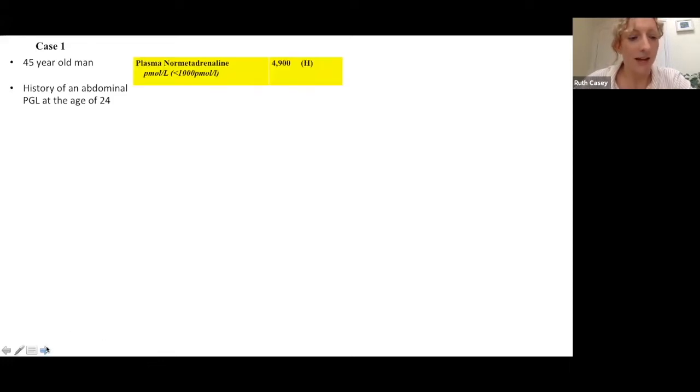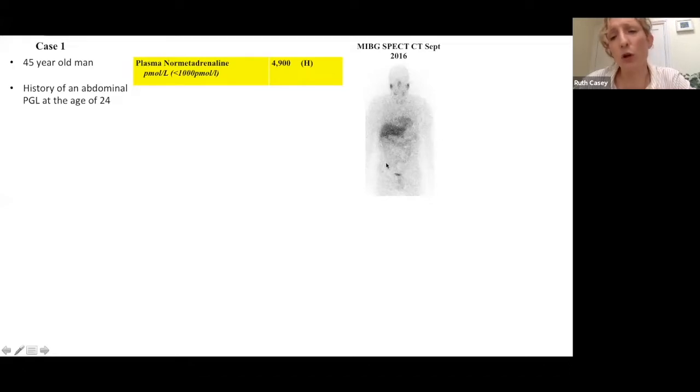But fortunately for him, his GP had taken a keen interest in this rare tumor and was doing ad hoc urinary metanephrine levels on him. And in 2018, found his levels to be abnormal and referred him into my clinic. He initially had an MIBG SPECT CT, which showed no abnormality. But because he was very young when he first presented with an extra-adrenal tumor, and because his biochemistry was so unequivocally abnormal,